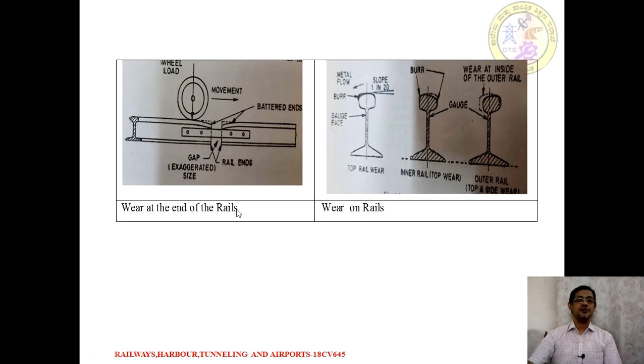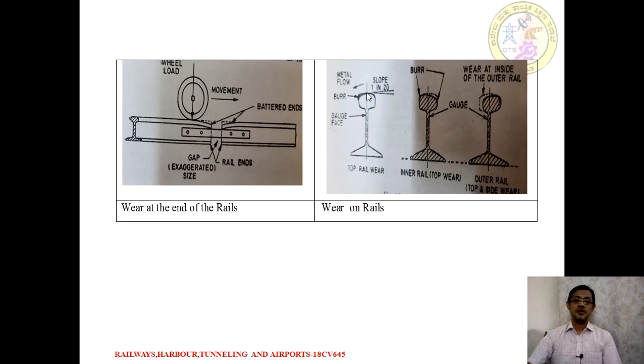These images show the different types of defects of a rail due to wear and tear. In the first image, just observe the nature. Between the first rail and second rail we have a gap at the rail end, which is bridged by the fish plate and the bolt. This is exaggerated because of repeated wheel movement, which has a battering effect on the end. That causes wear and tear on the adjacent sides of the rail section.